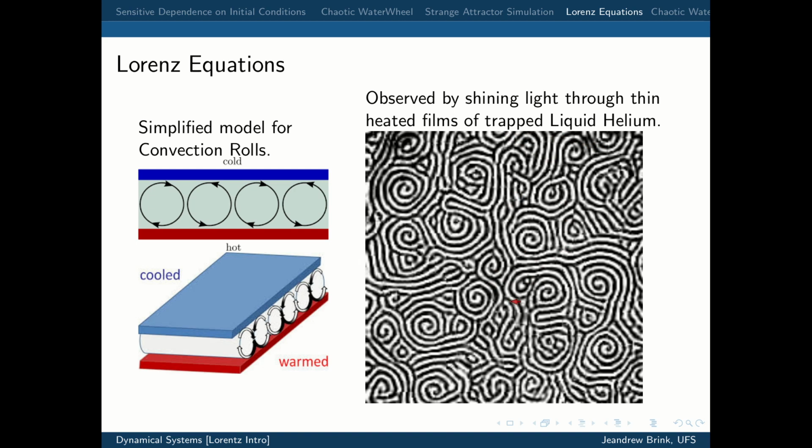There's a lot of research happening in Bayreuth, Germany, on actually imaging these things because it has applications for our computer screens. The equations that you map out when you understand convection, and eventually how liquid crystals react to heat and electricity, are useful for making computer screens. So these things actually move. So here's a video